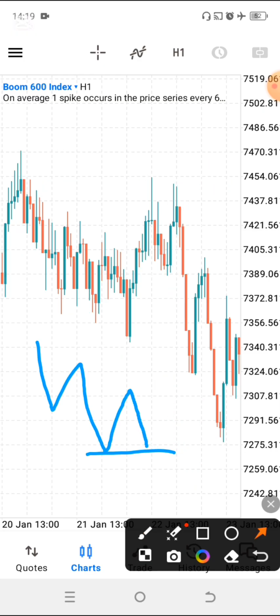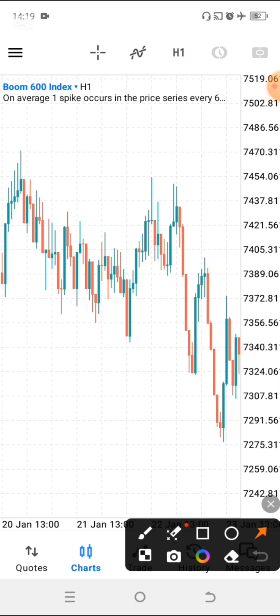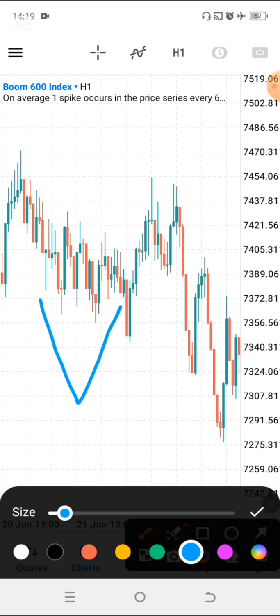But what I like to use is the zone flip, what I like to call the zone flip area. Some call it the flip zone, but I like to call it the zone flip. So over here, what we are saying is, we are going down, the market pulls up, so this area over here is now our support area.